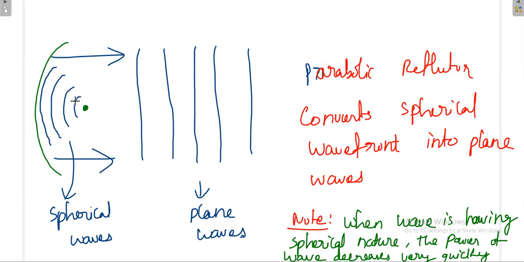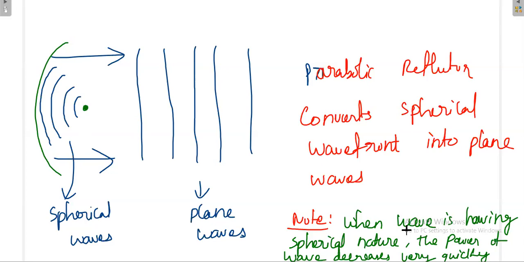Simply think of it this way: when you are calling some person who is near, you simply call them. But when they are far away, what you traditionally do is keep your hand near your mouth and focus your energy in a particular direction. That means somehow you are converting the spherical waves into plane waves. You are aiming to concentrate the sound energy in a particular direction. It's something similar to that. If the energy goes in all directions, the power will reduce very quickly. If it goes only in one direction, the power will reduce very slowly. That's why it goes to a longer distance.